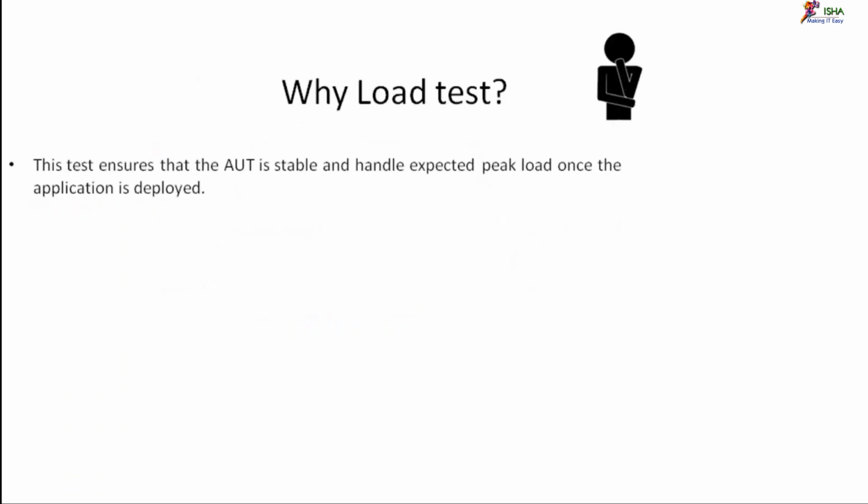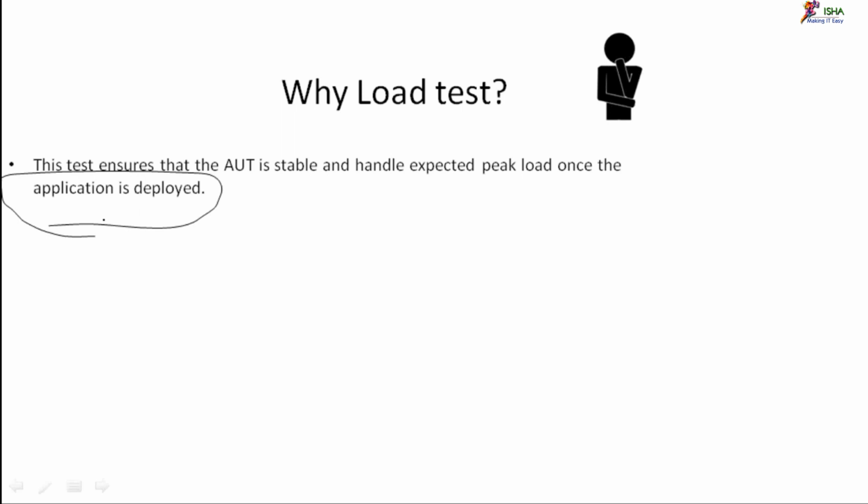So, why this load test? Now, this is what a load test is. 700 is the peak user load. You ramp up to 700, run a test of 1 hour, and you ramp down. So, why this 700? Why this load test? The load test is done to ensure that the application under test is stable and can handle the expected peak load once the application is deployed. Once the application goes live, or once this application is made available to these end users, what you want to ensure with that load of 700,